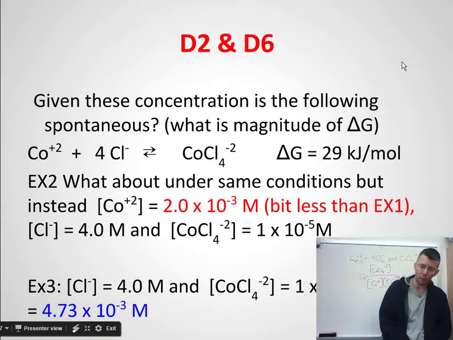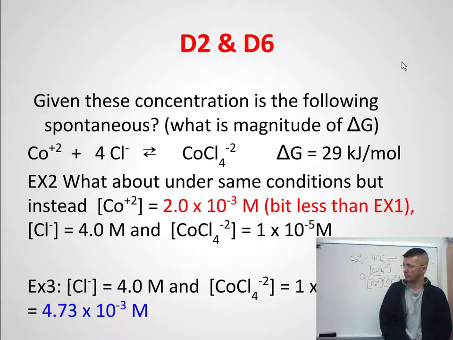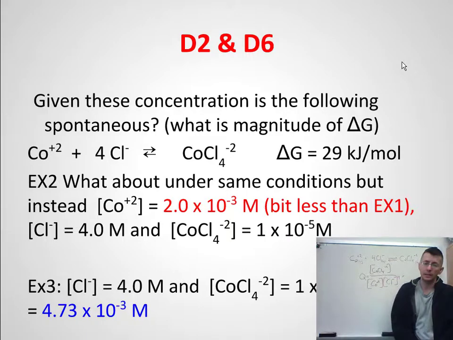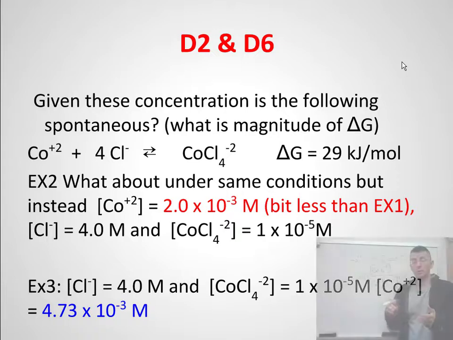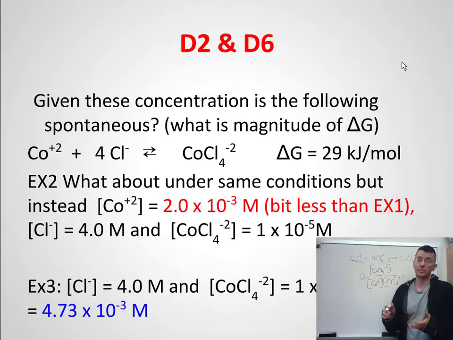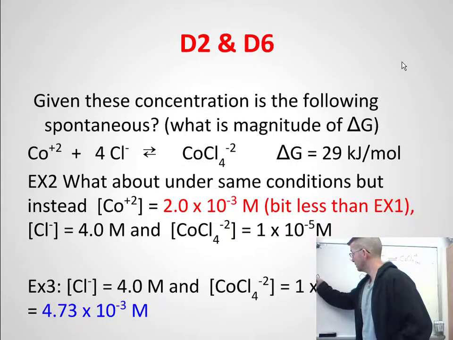One of the primary ways we use the reaction quotient is to tell whether a system is at equilibrium or not. Later, we'll actually use it for electrochemistry as well. One of the ways we're going to be using it is telling whether the system is spontaneous or not, because